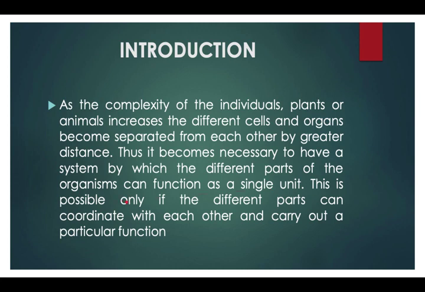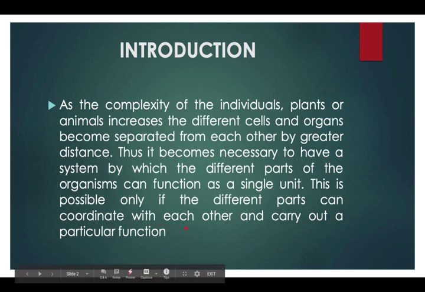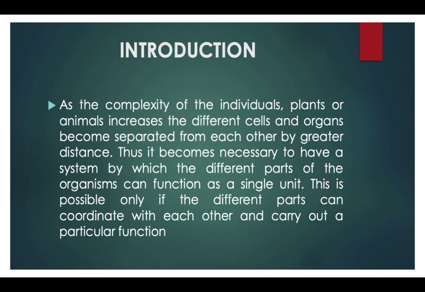This is possible only if the different parts can coordinate with each other and carry out a particular function. That's why the coordination of different organ systems and different parts of our body is required